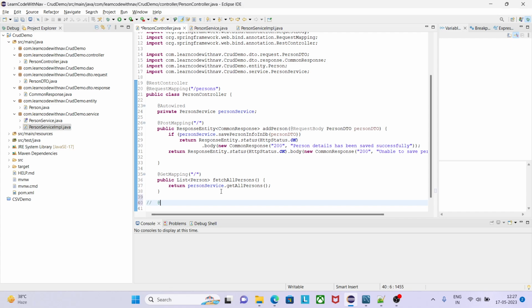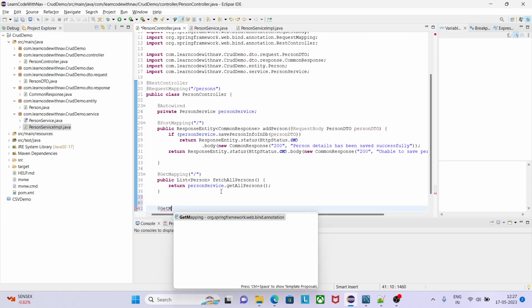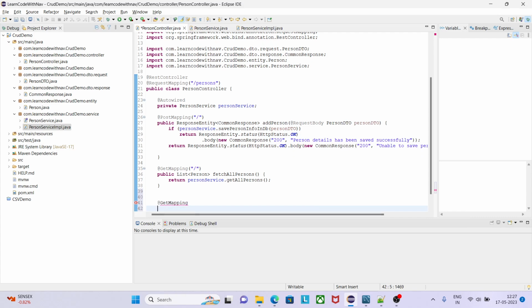Now I want to fetch the data based on the ID. Let's say again we are fetching, then we would need get mapping, and it will give me only a specific user. So I would say person, fetch person detail,